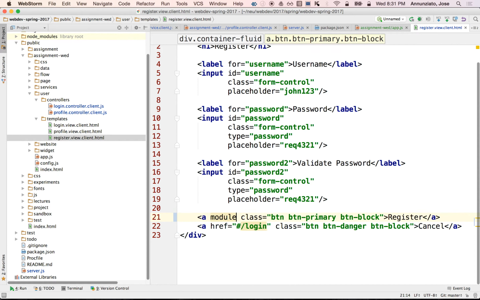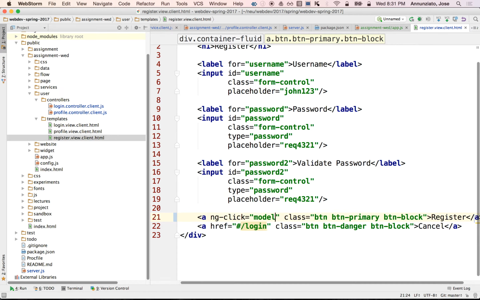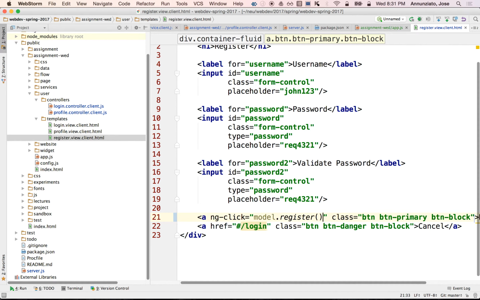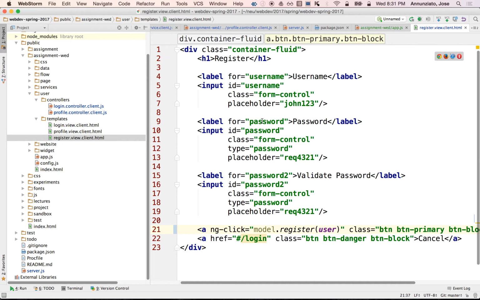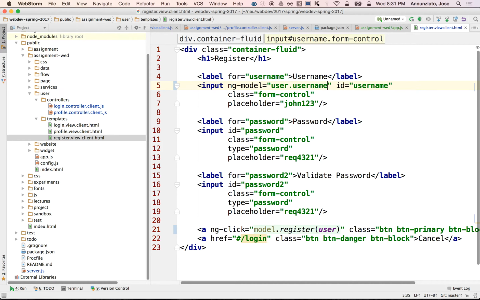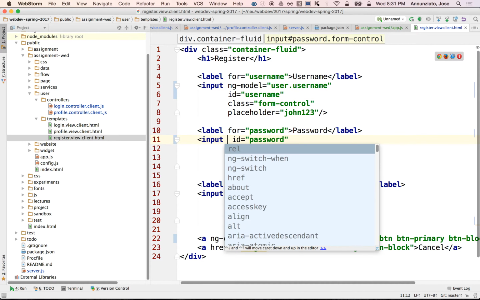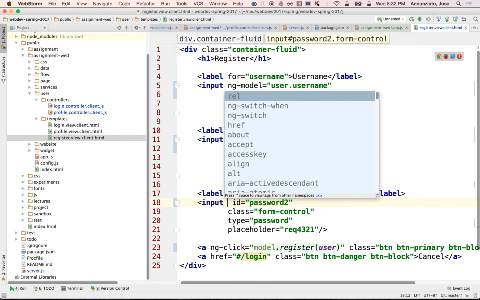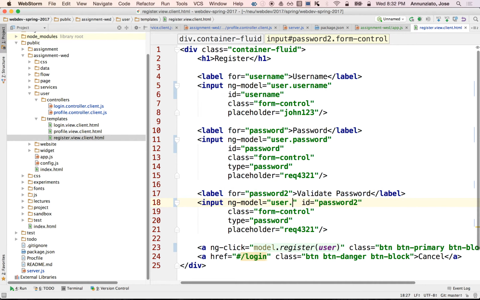We say ng-click, and this will say model.register, and we'll pass in user. And user is a local variable that holds the inputs for all these. So this will be ng-model user.username, and this is ng-model user.password,